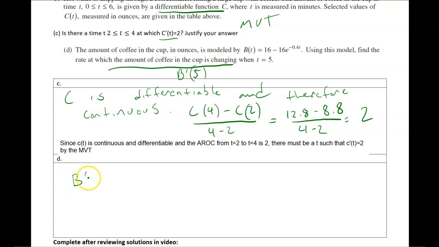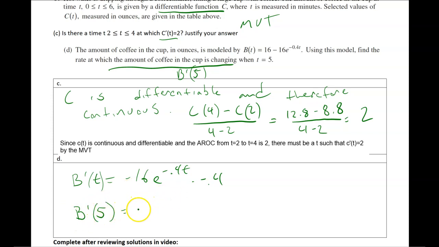So I'd say here, you could use a calculator. Oh no, you can't use a calculator for this, so there's no calculator. So I would take this derivative by hand. I'd be like B prime of t. The derivative of this is 0, and then I'd have negative 16 e to the negative 0.4 t, because the derivative of e to the anything is itself, and then I do chain rule times negative 0.4. Okay, this is another situation where I may not be able to simplify this without a calculator, right? That is fine. I'm asked for B prime of 5,